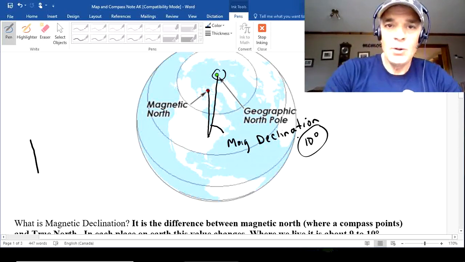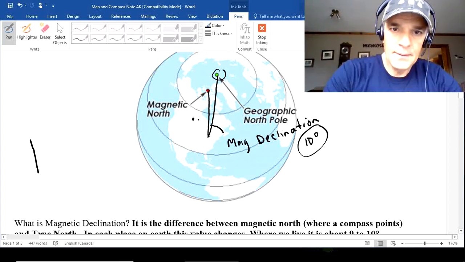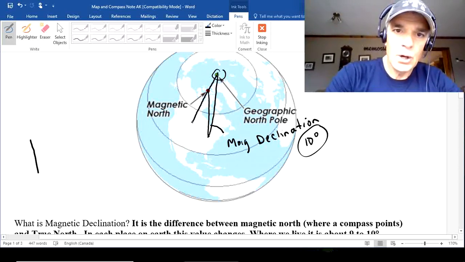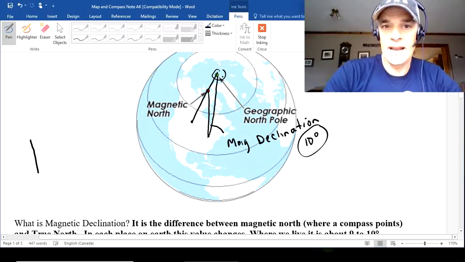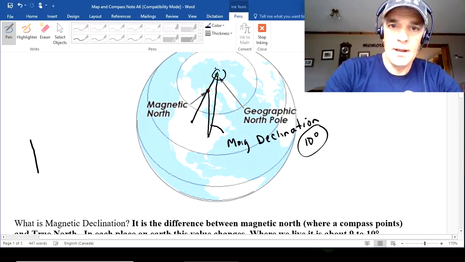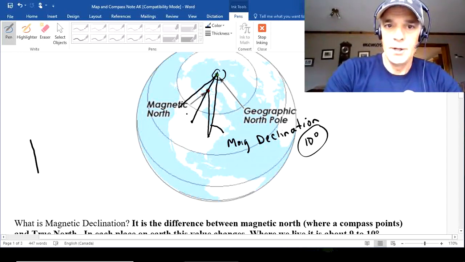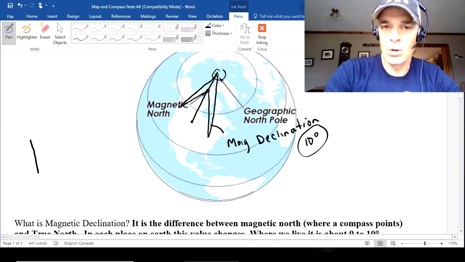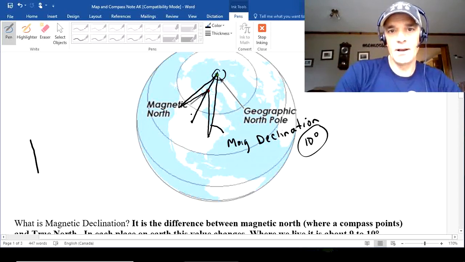Okay, if you lived, for example, right here in the middle of like Manitoba, okay, and we draw a line here, we'd go like that somewhere, I don't know, there you would have 0 degrees magnetic declination. And if you go over here to BC, over on this side of the province or country, you can see that magnetic declination would change and it would be the opposite. Where we add, they subtract, and where we subtract, they would add magnetic declination